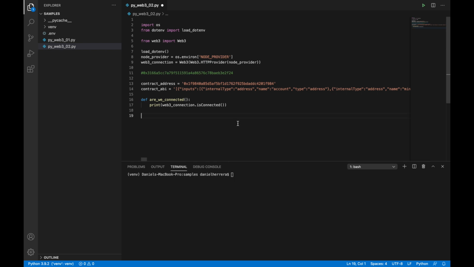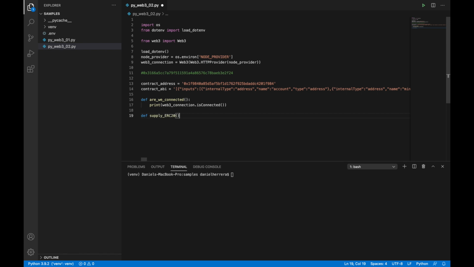Now, let's do something here. We're going to define two functions. One function is going to be to retrieve the supply of an ERC20 token, in this case Uniswap. So for that, we're going to create one function, and the other one would be a function to get the balance of Uniswap token in a specific Uniswap address. So we go def supply